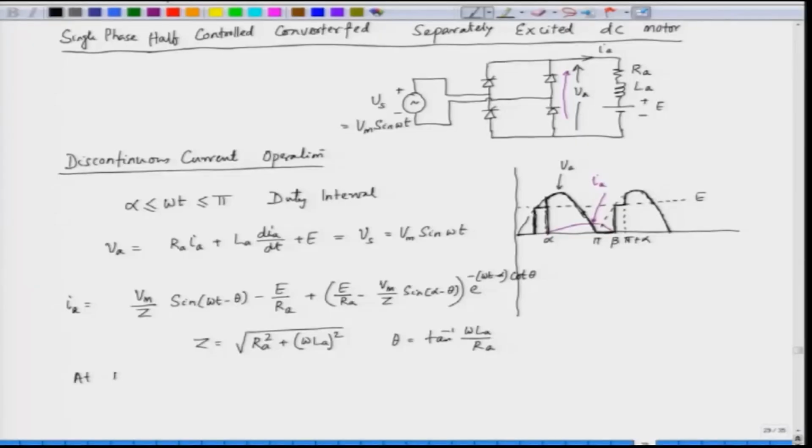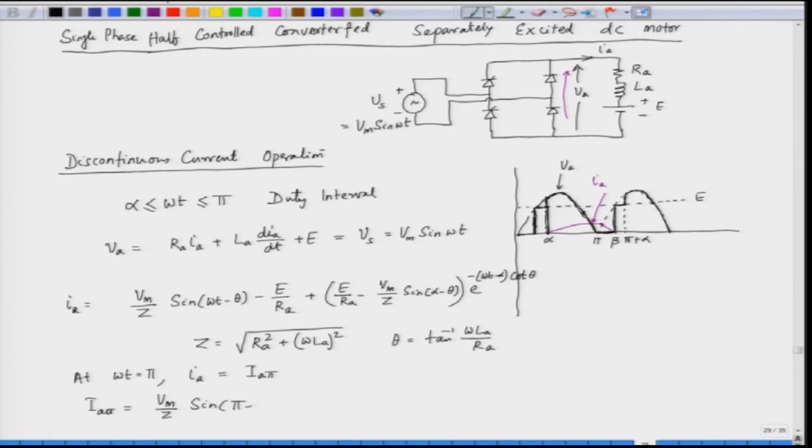So, at omega t equal to pi, I_A reaches a value I_A(pi). When it reaches omega t equal to pi, this is I_A(pi). So, we can substitute the value of omega t and find out what I_A(pi) is. So, I_A(pi) is equal to Vm by Z